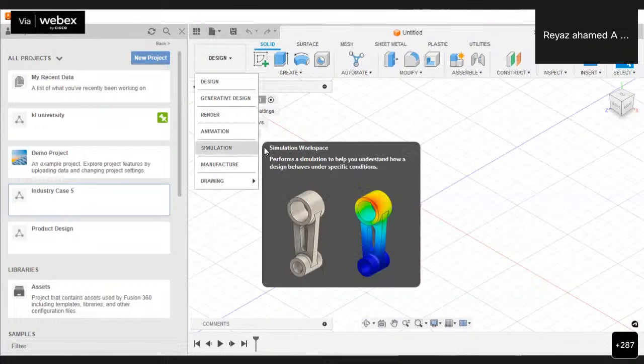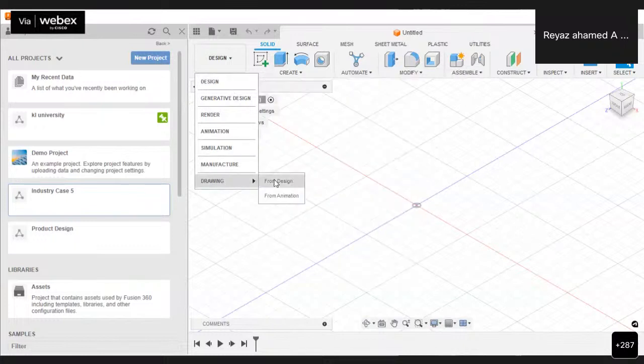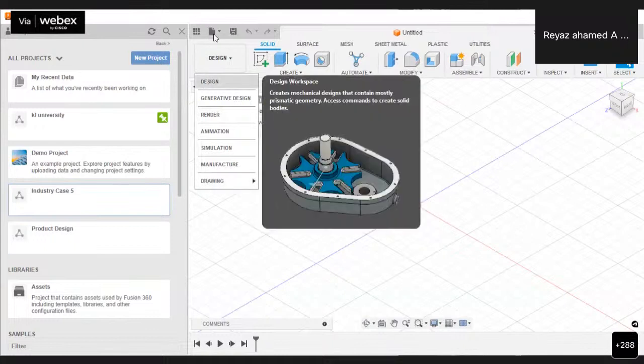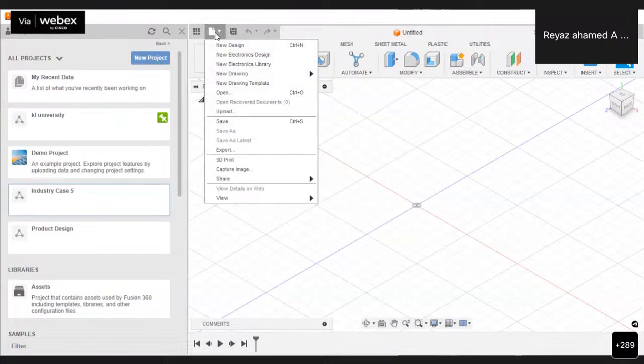Not only this, actually, these are all the parts majorly used for designing the components and then for further proceedings. Not only this, you can go for, see here, let me click on here. There you can create electronic designs also. You can create the PCB board designs in Autodesk Fusion 360. There are electronic libraries also, with a lot of predefined electronic components available in the electronics library. From there, you can create the electronic design.